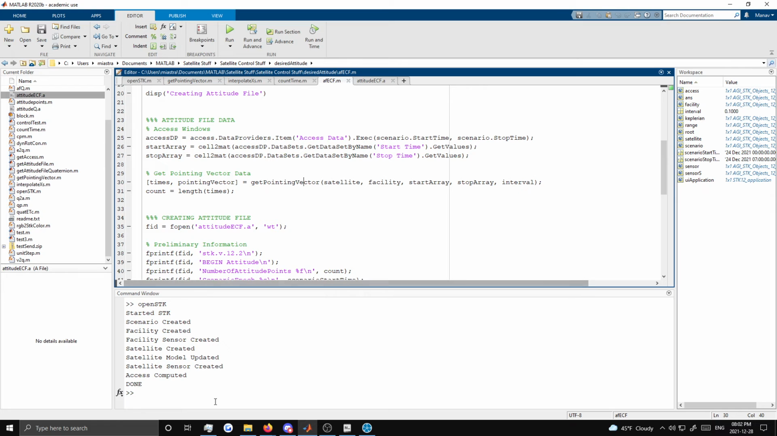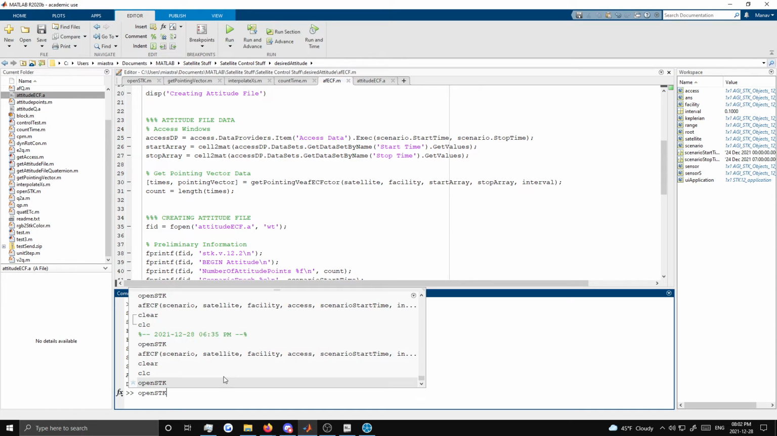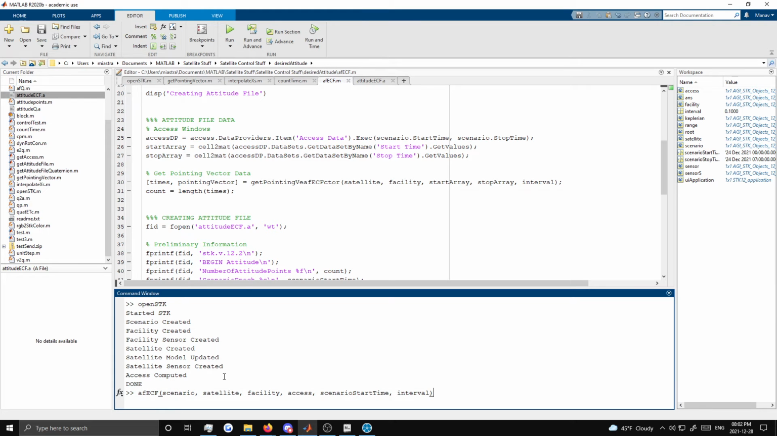This is the attitude file in the ECF frame. I ran this earlier just to make sure it worked. As you'd expect, you'd have to feed it the scenario, the first object, which is the satellite, the second object, which is your facility, the access between them, and then the start time and the interval. And when we run this,